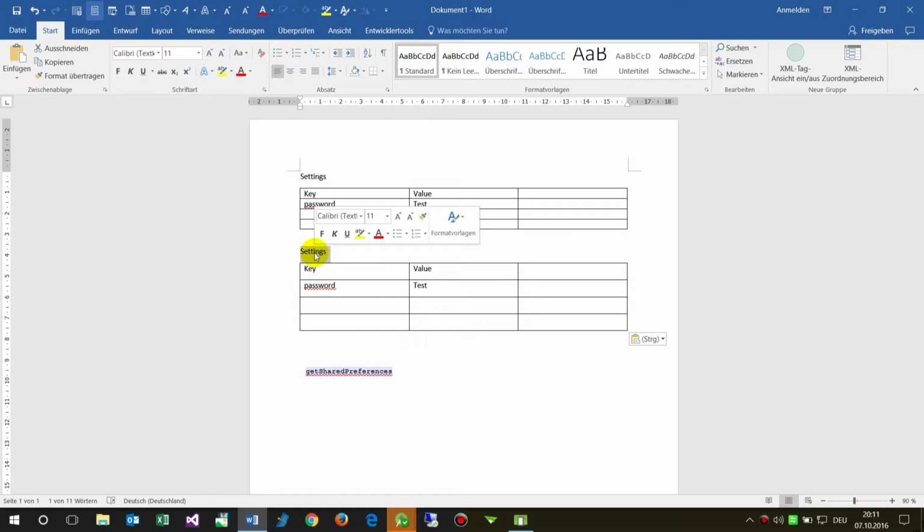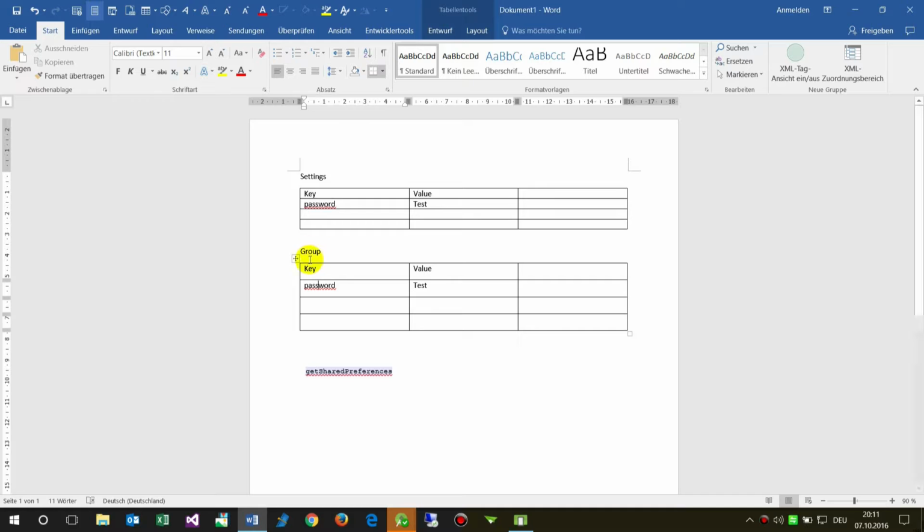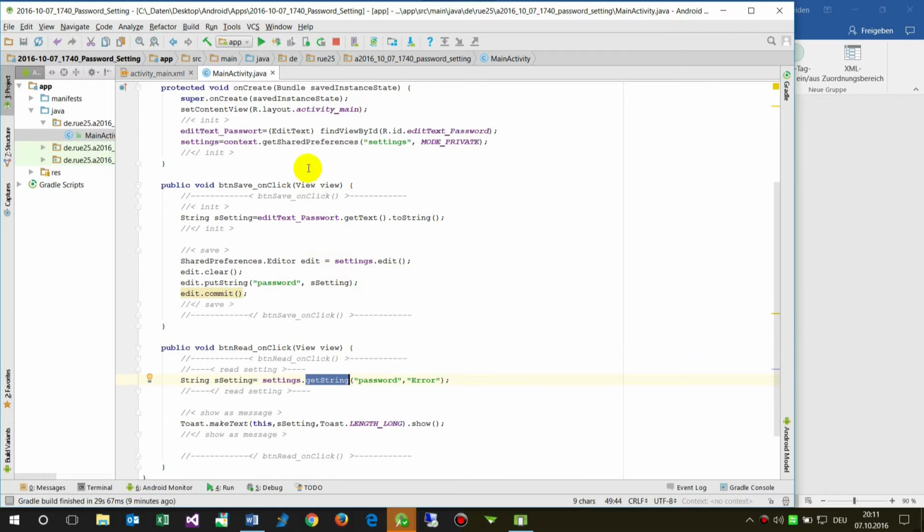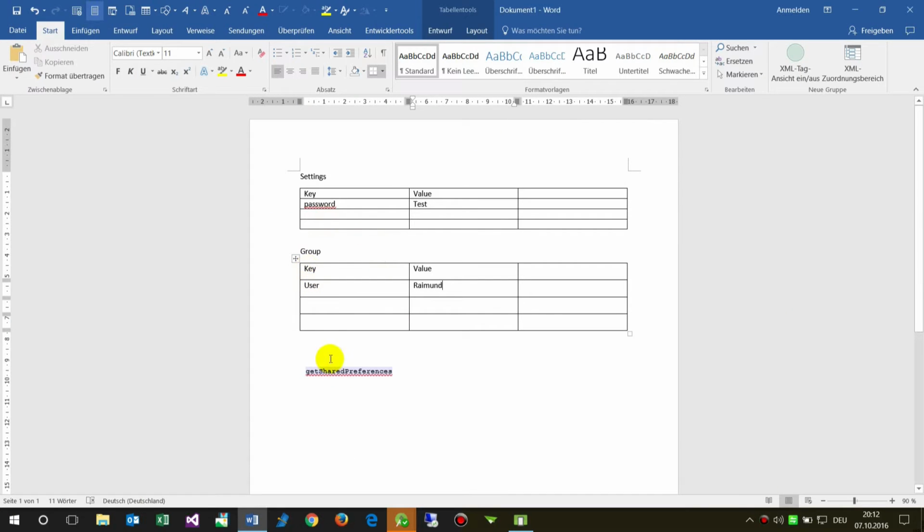When we say this is my time values, for example, or my group settings, then I set here something like the user, and the user is Raymond, for example. So whenever we get a shared preference, and when we edit something there, then an internal table will be